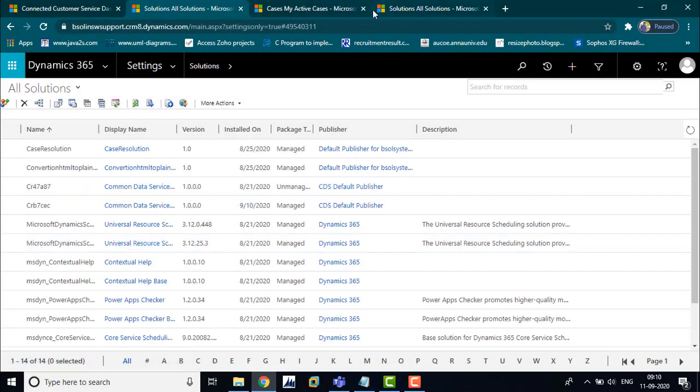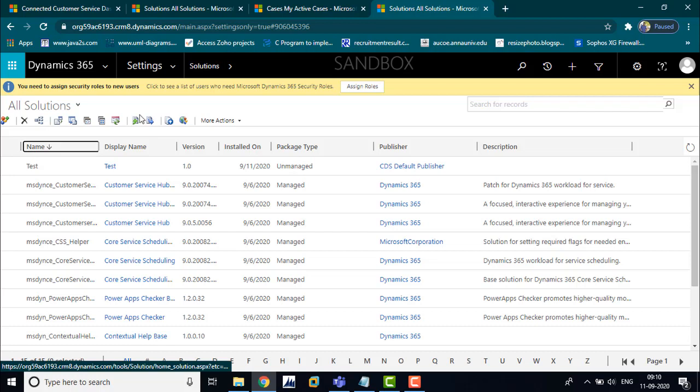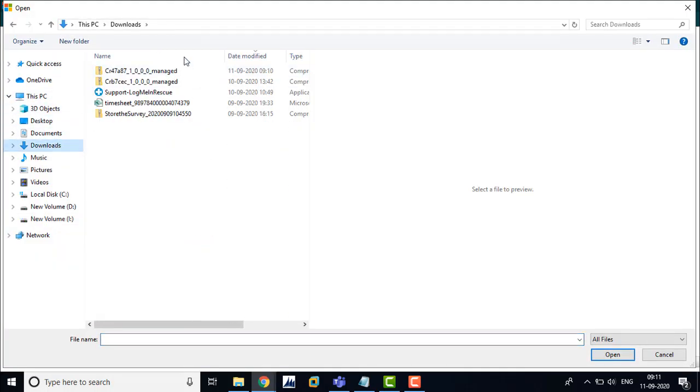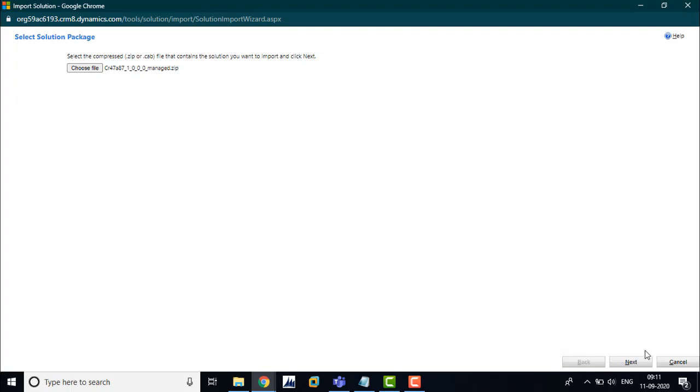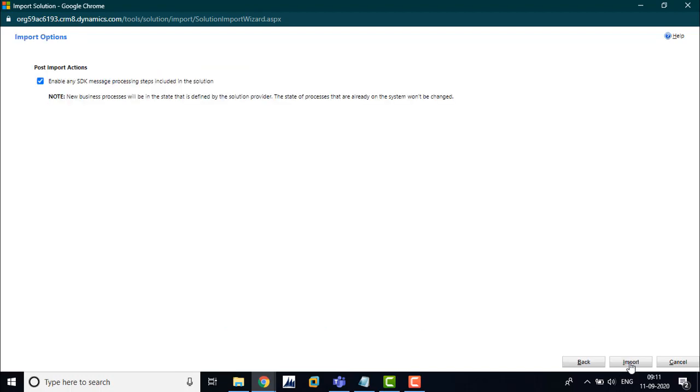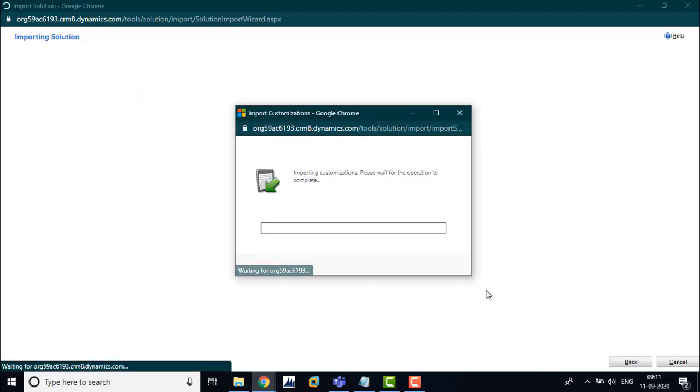Just save and close this one, go to your other instance, and import your solution. Choose the import icon, go to the download section, and choose the managed solution. Click next, managed solution, click next, and import.